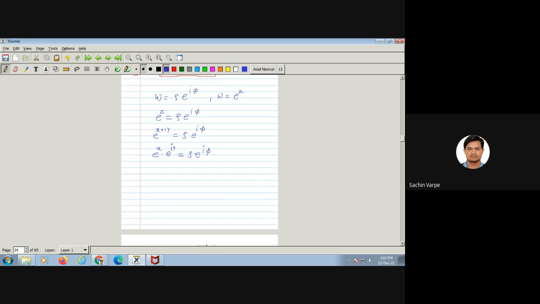So as rho is real number, purely real number, and this is purely imaginary number. Can you see this is an imaginary? Because this is of the form cos phi plus i sin phi. This is purely imaginary. And even on the left hand side, this is also purely imaginary, of the form cos y plus i sin y. And this is purely real number. Yes or no? So as we are saying they're equal, that means when we compare, what we will get?